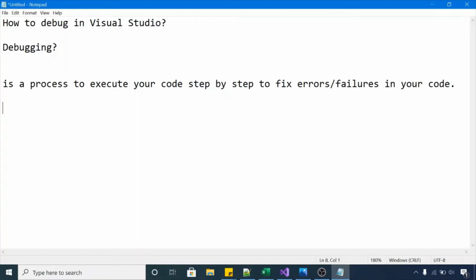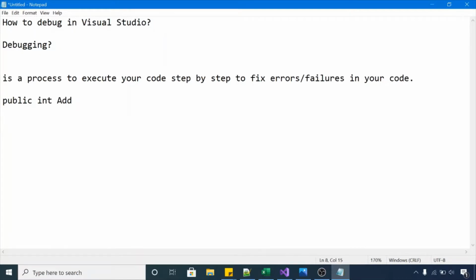Now you don't know where it's failing, like what is the issue. For that you need to debug your code and see that your values are passed to your method correctly, and it's performing accurate operation, addition operation, and it's giving you output in the given manner. Okay, let me write one method to perform addition of two numbers. Let's suppose I'm having this method to add two numbers.